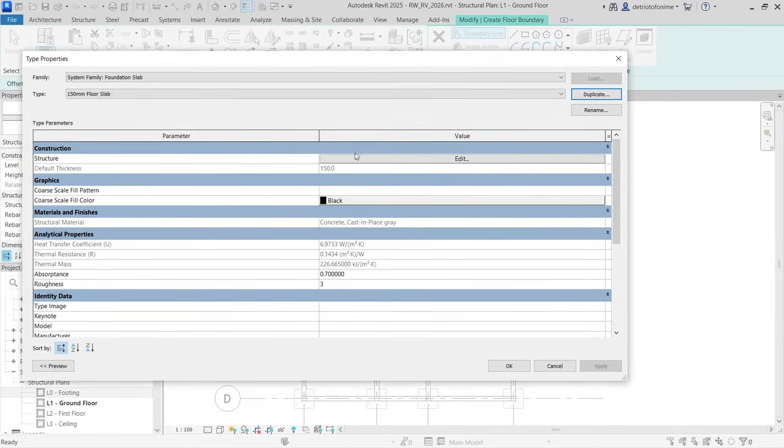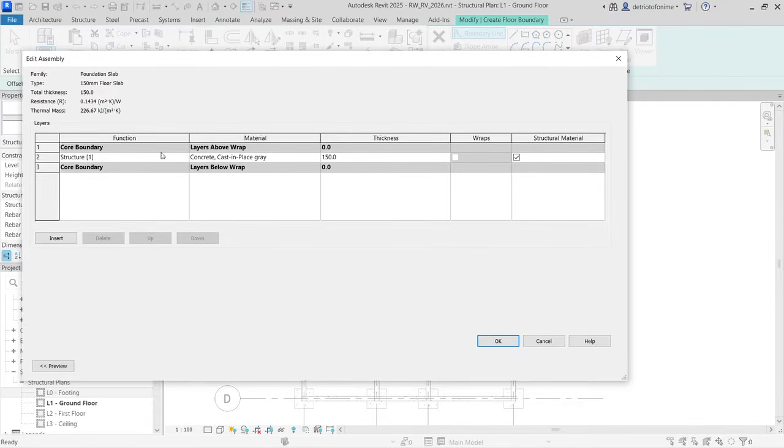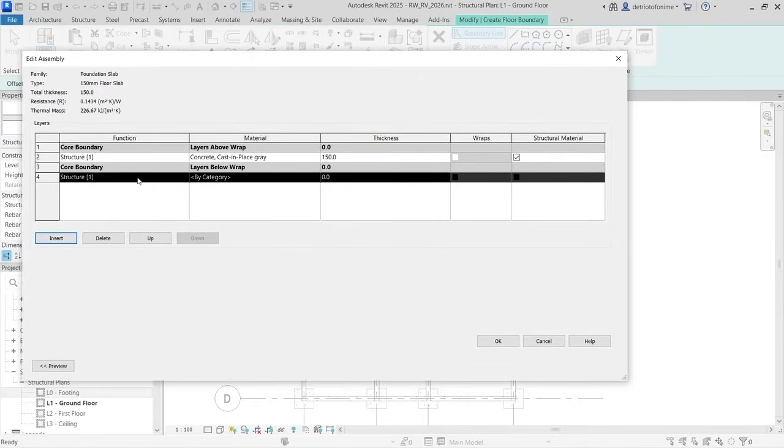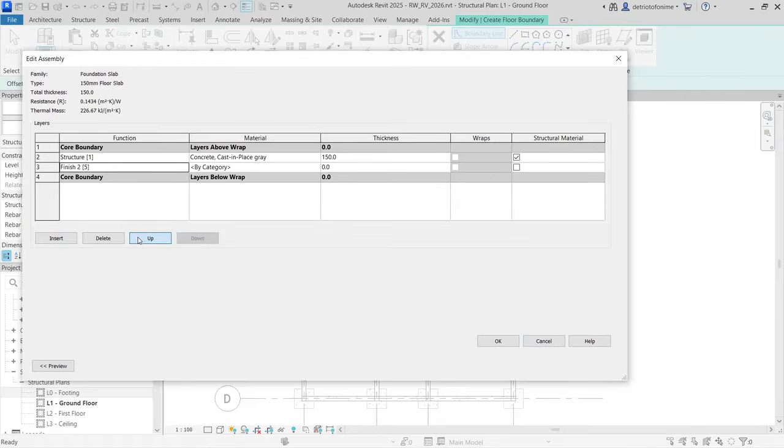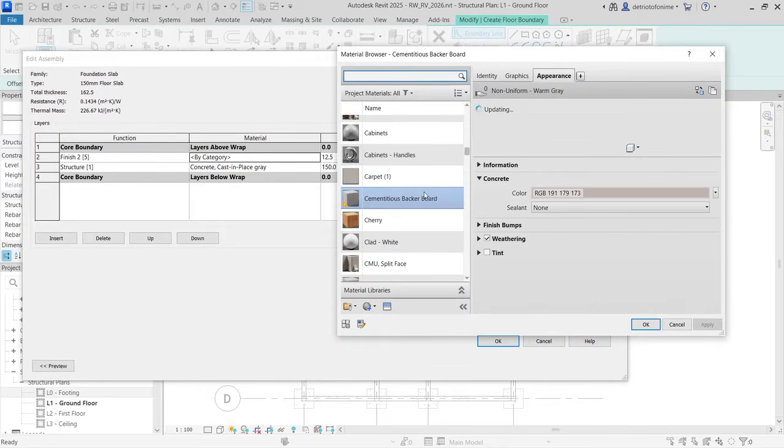So to do that, we're going to look at the structure. We're going to edit the structure. You can see that it's cast in place grade to 150, but we want it to be about 200 mm. So we're going to go ahead and add a finish. You can change the structural core boundary to finish, and you can move this up all the way to the top. We can make this 12.5 maybe, and change the material for this to maybe,